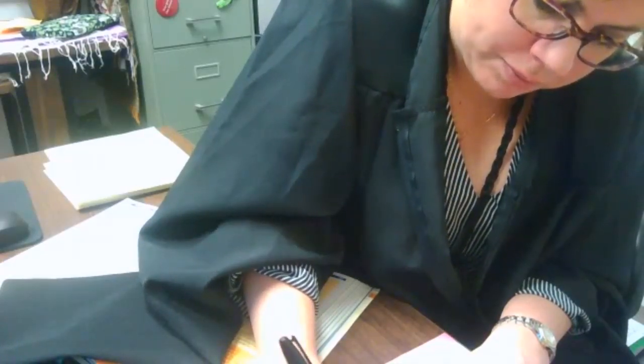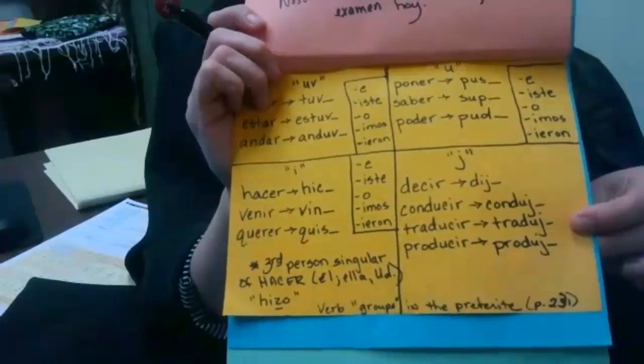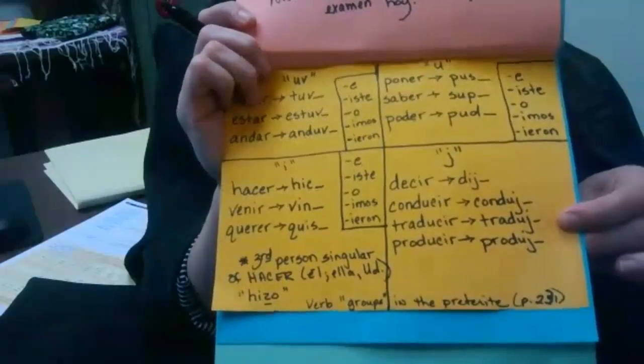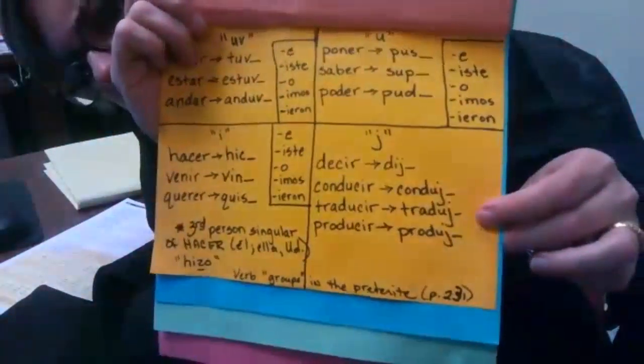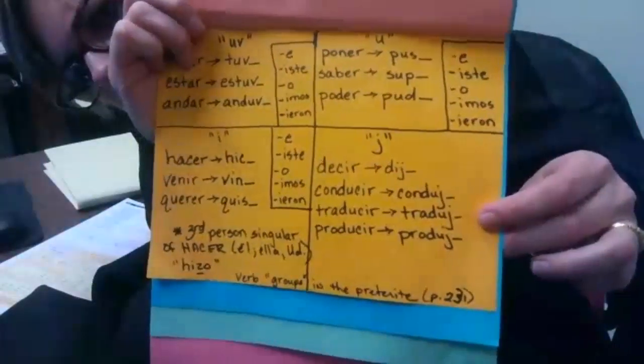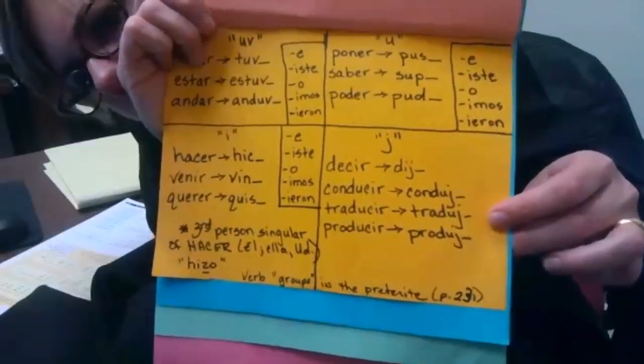So, conducir is going to go to conduj. Traducir goes to traduj. And producir goes to produj. So they all get a D-U-J at the end of their new stem. Okay, see those D-U-Js at the end of it? All right, and the last verb